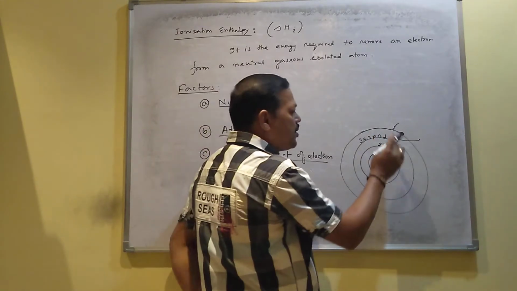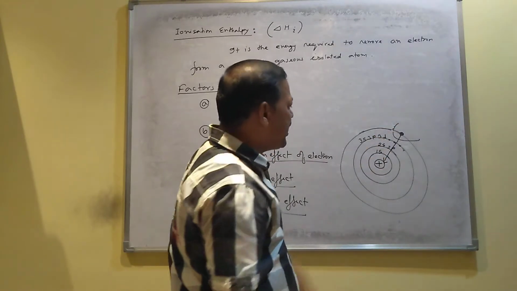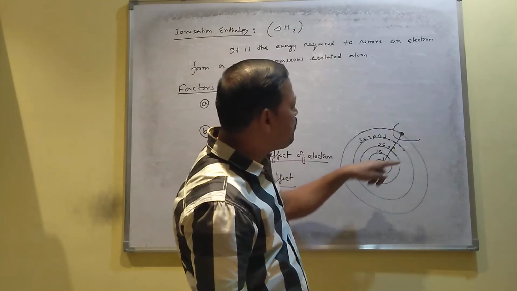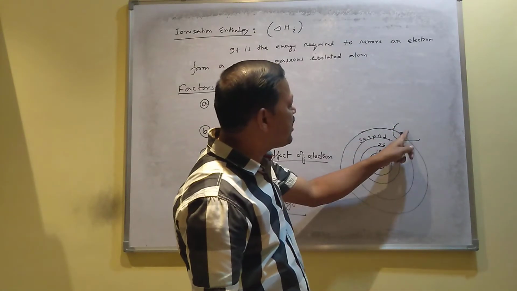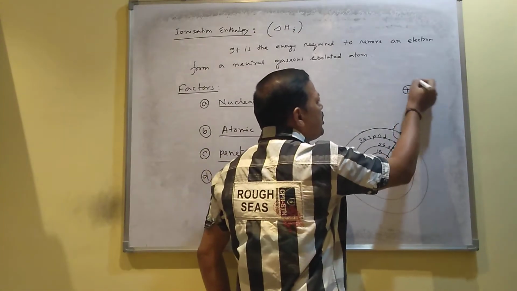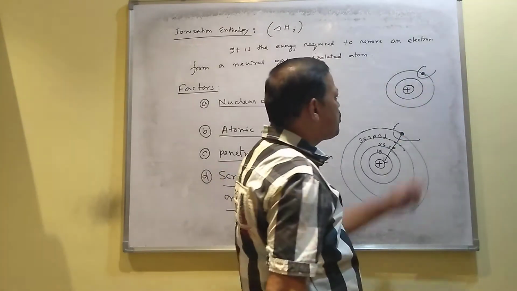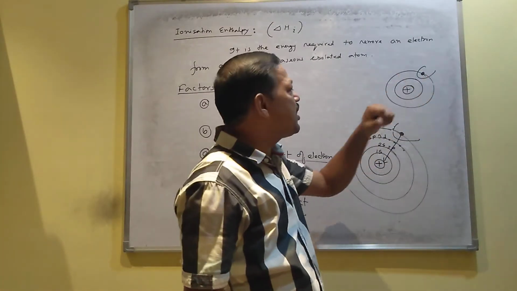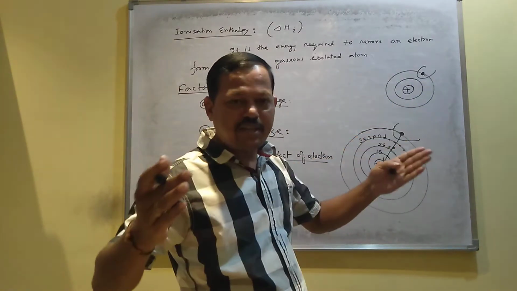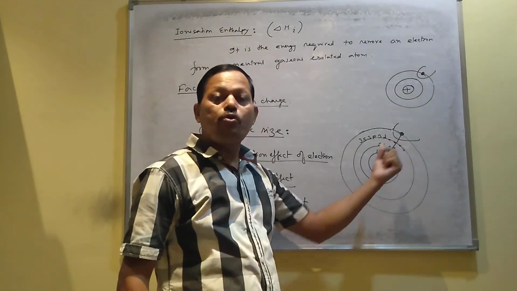These inner electrons, I mean the third cell electrons, suppose these are the electrons. These electrons act like a screen, due to which the force of attraction between the nucleus and the valence shell electron goes on decreasing. But suppose this is one nucleus, this is the first cell, the second cell, and you want to remove an electron from the second cell. Here no such shielding effect takes place because only one inner cell is present. This will happen in the case of a larger atom. As the number of cells goes on increasing, the inner electrons also go on increasing.